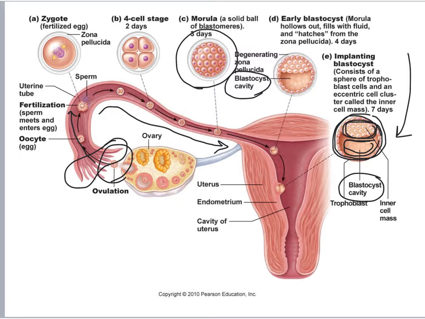Now, the trophoblast cells bind to and adhere to the endometrium, and they secrete digestive enzymes and growth factors onto the surface of the endometrium. The endometrium quickly thickens at this point of contact and almost takes on the characteristics of an inflammatory response. The blood vessels become more permeable and leaky. Inflammatory cells like lymphocytes, natural killer cells, and even macrophages invade the area. The trophoblast then has some changes that occur in it, and it forms a couple of distinct layers, which we're really not going to get into.